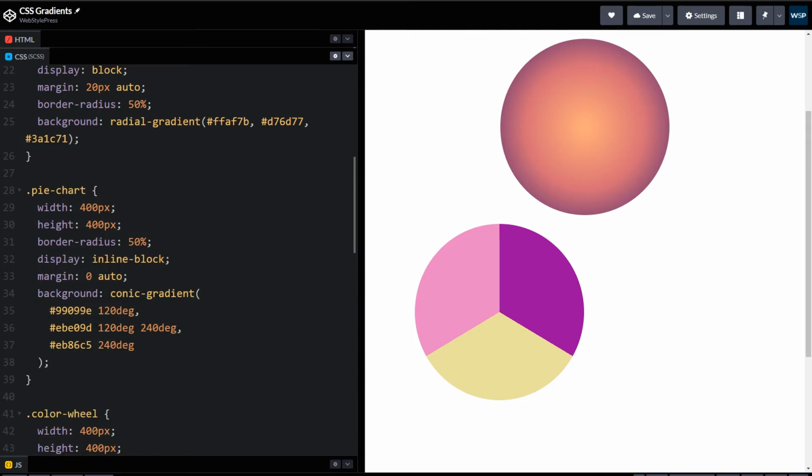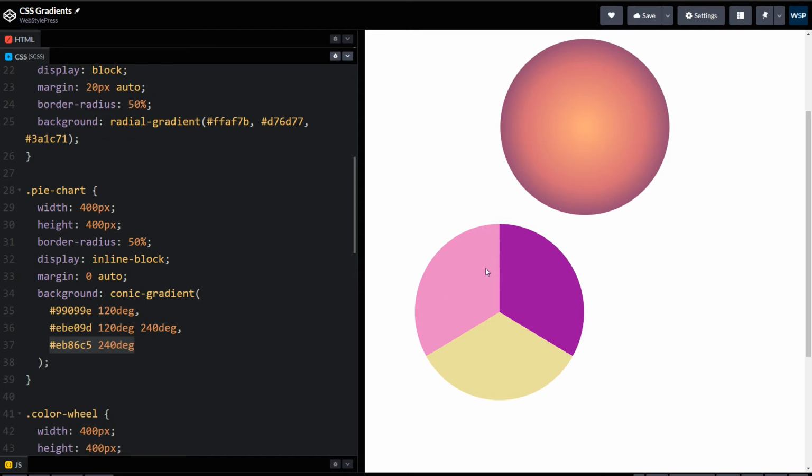In a circle, we started a color at 0 to 120 degree. 120 multiplied by 3 is 360, right? 360 will complete our circle. So three colors made three equal shapes in the circle. Color 1 starts from 0 to 120 degree. Color 2 starts from 120 degree and ends at 240 degree. Color 3 starts from 240 degree and ends where the first color started.